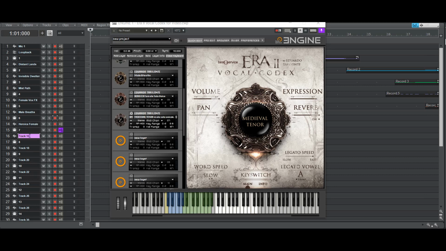Okay, so we've loaded our male voice in. We'll do here medieval tenor, and let's see what we're working with. Whoops. Ch, ch, ch. So if you leave a little gap and you let the sample start from the beginning, you get that CH sound. Ch, ch, ch. Let's see what happens if you play them without the breath. Ch,